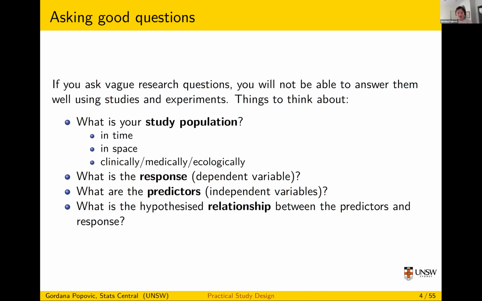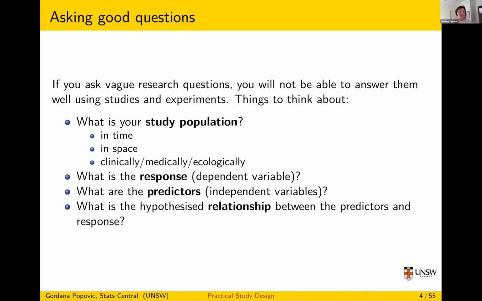You might be measuring heart pressure, a bunch of things in the blood, like you might do bloods on them, they might get 17 different things. You need to know which is the one that you're most interested in, or one or two or three that you're most interested in. Which one are you going to plan your study to study? That way you can actually do a proper study design.